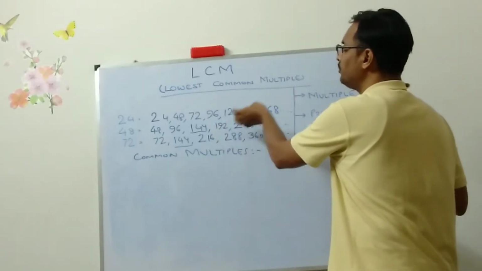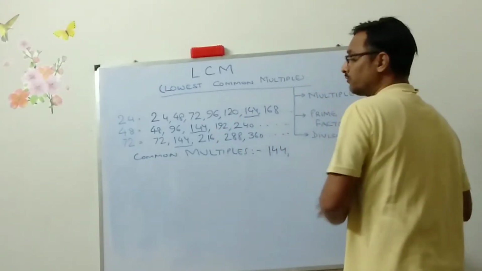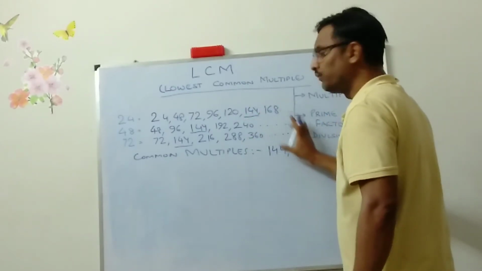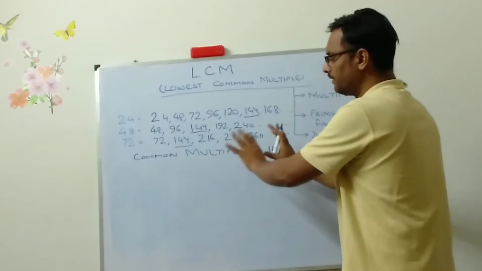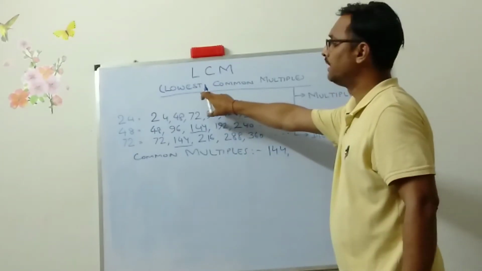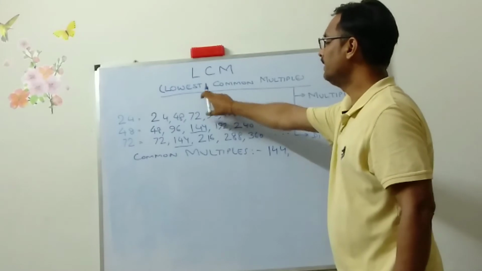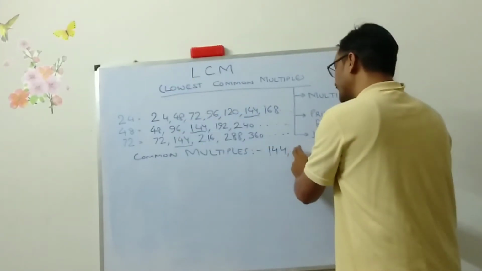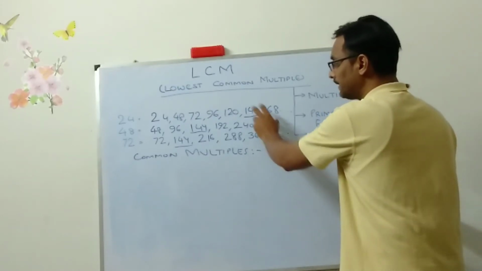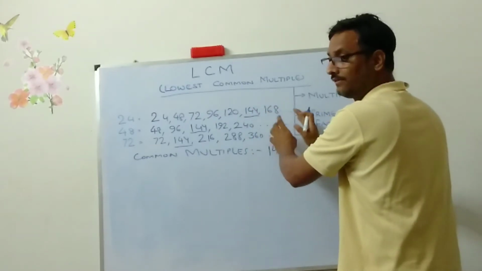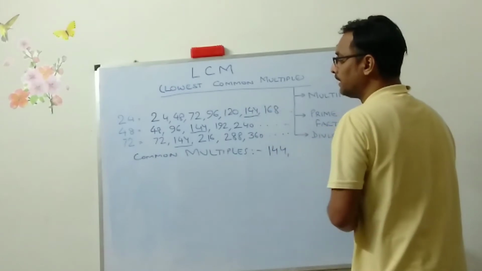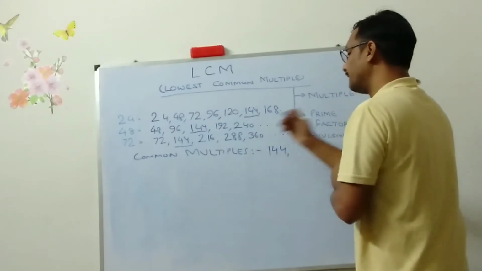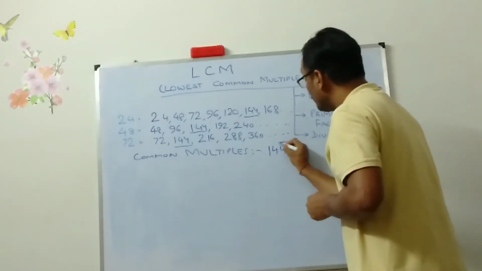Now in this way you need to find out other common multiples also. I don't need to find out other common multiples because I have got the first one and I needed to find the lowest one. This is the lowest one. In other numbers you will be getting so many common multiples, but in this, as I have done up to 6 and 7, I have got only one common multiple. So the lowest among them